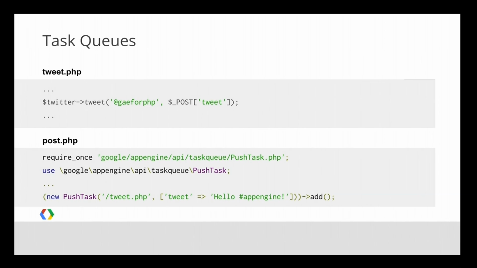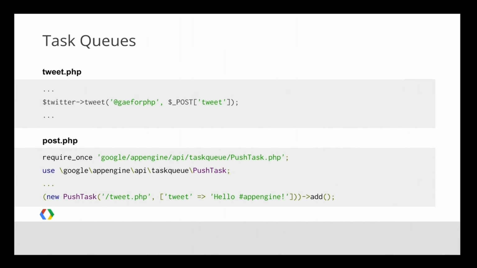And we want this task handler, we don't want it to send just one particular tweet. We want to be able to parameterize it so it can send many tweets. And so what we've done here is you can see that the text of the tweet is specified by a post variable. And then back in the original code that was publishing the blog post, here we've called it post.php,